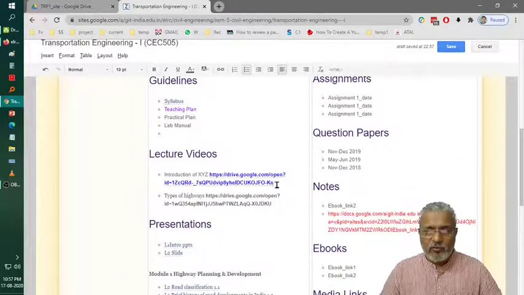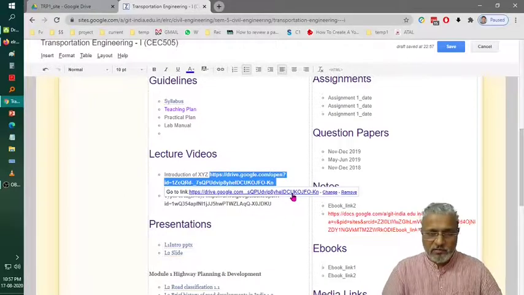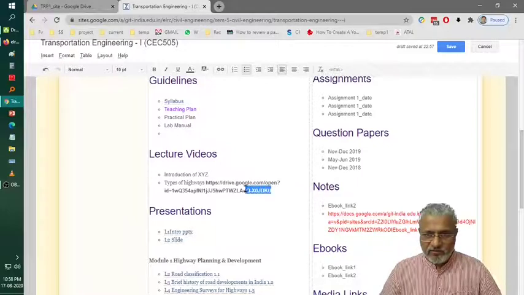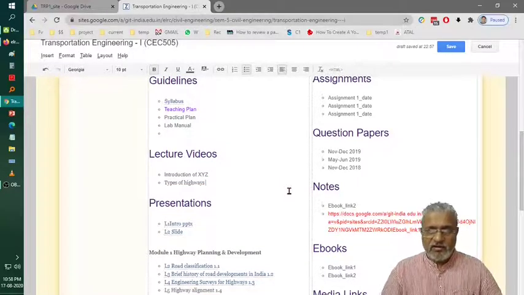Now I want to upload some lecture videos. Instead of putting the code like this, I want the content to be descriptive so that anybody is able to understand.